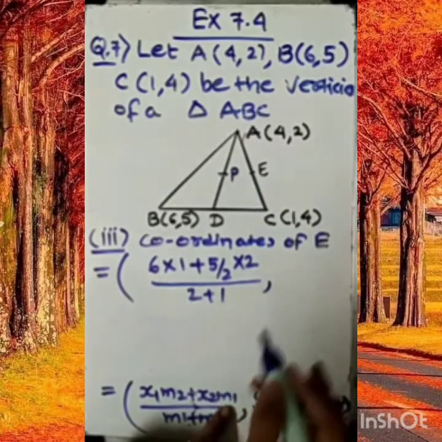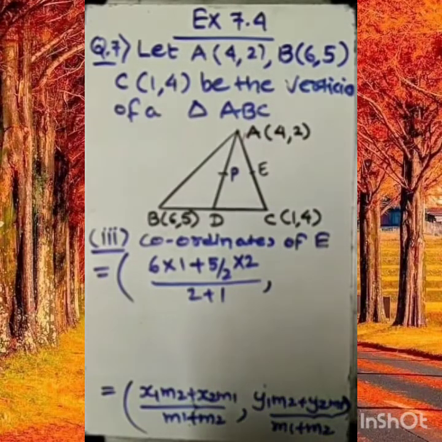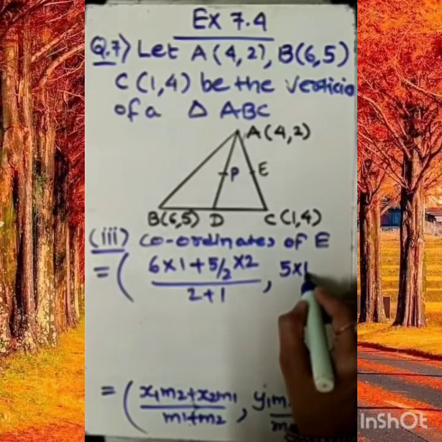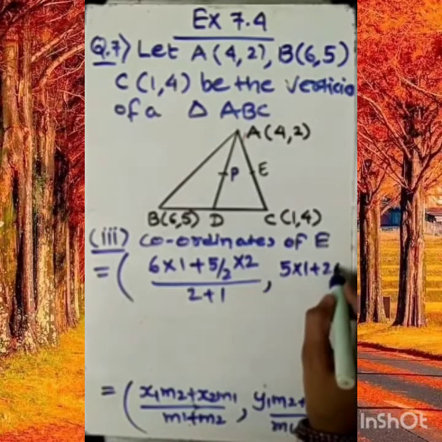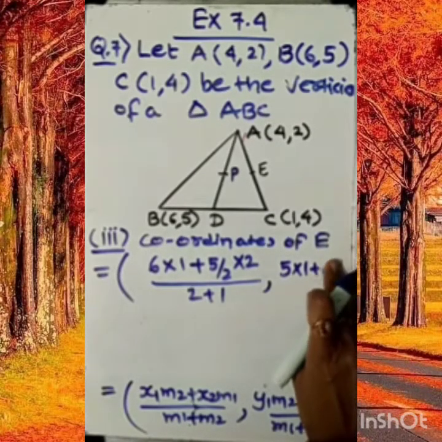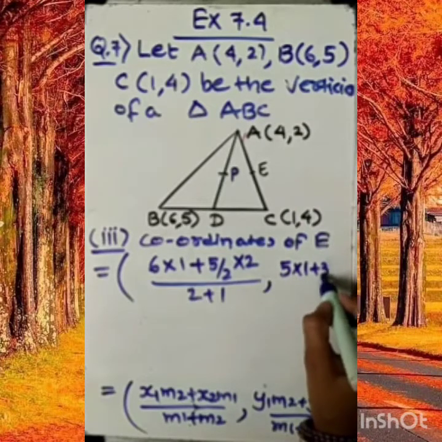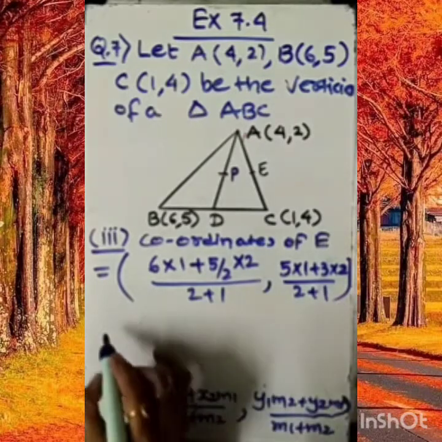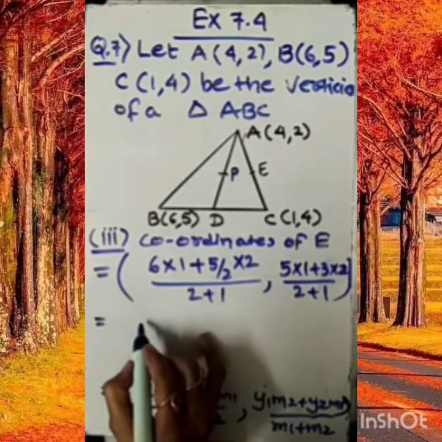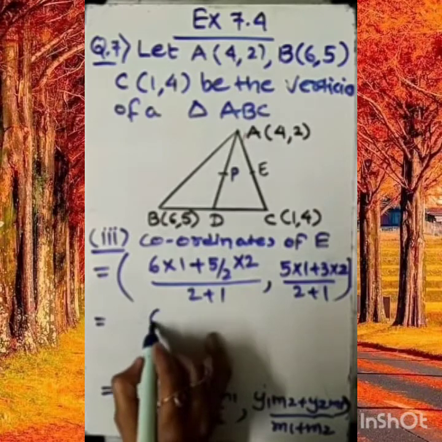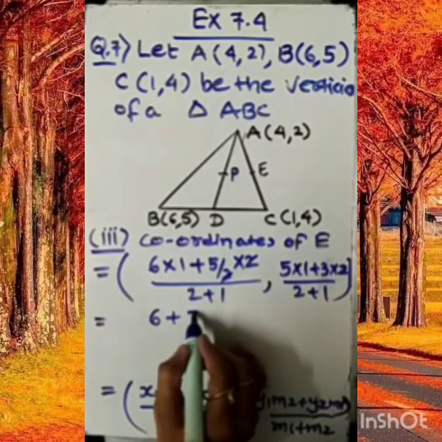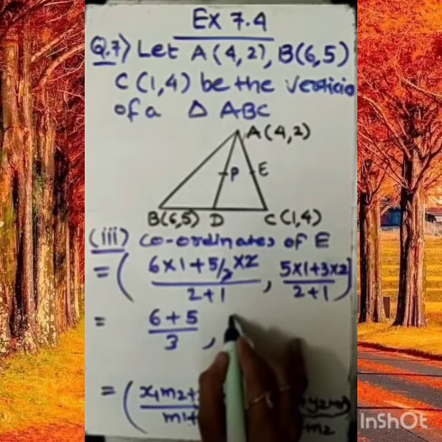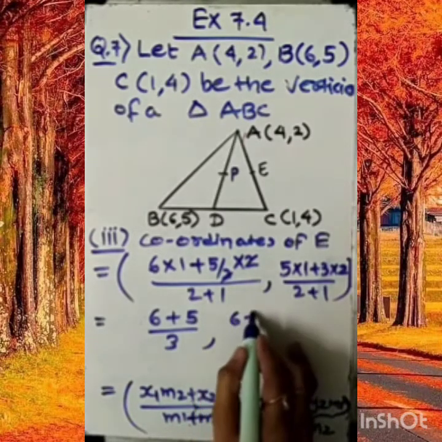Now let's move with the y1 y2. So it will be 5 into 1 plus 2 into 3. Okay, m1 first we are writing, so it will be 3 into 2, and upon it is 2 plus 1. So let's simplify. What will it be? 6 1 just 6, this 2 cancels, so it will be 5 upon 3, comma, this side it will be 2 3 just 6 plus 5 upon 3.